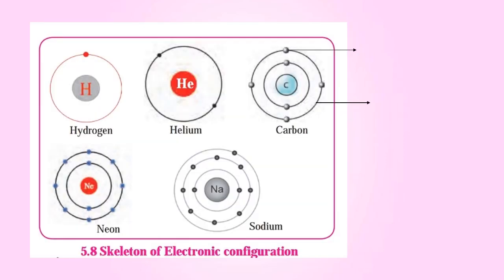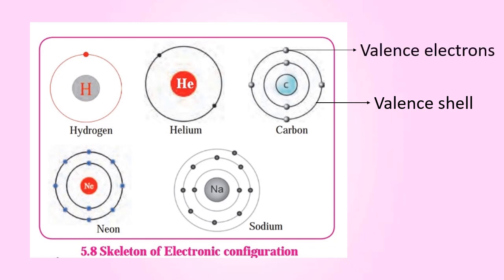The concepts regarding valency of an element and chemical bonds in compounds get clarified from the electronic configuration. An atom forms chemical bonds by using electrons of its outermost shell. Valency of an atom is determined by the configuration of its outermost shell. Therefore, the outermost shell is called the valence shell, and the electrons in the outermost shell are called valence electrons.